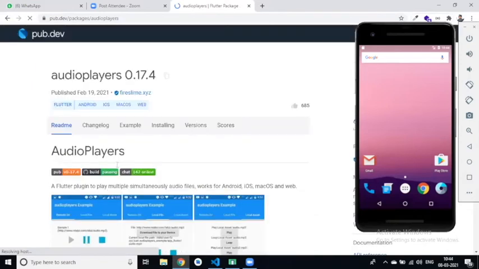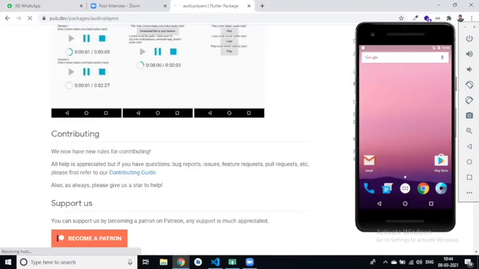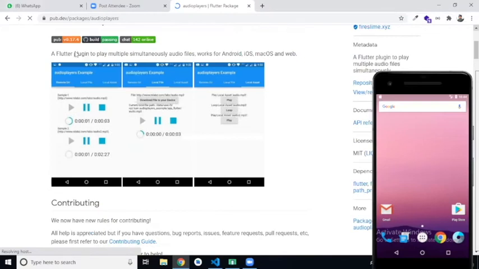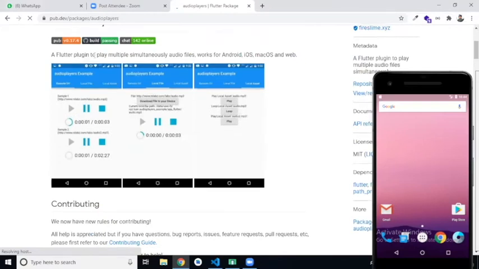We can play any sounds using this package, a Flutter plugin to play multiple audio files. We can play our asset file, a file from remote, or a file from our file explorer. Clear?